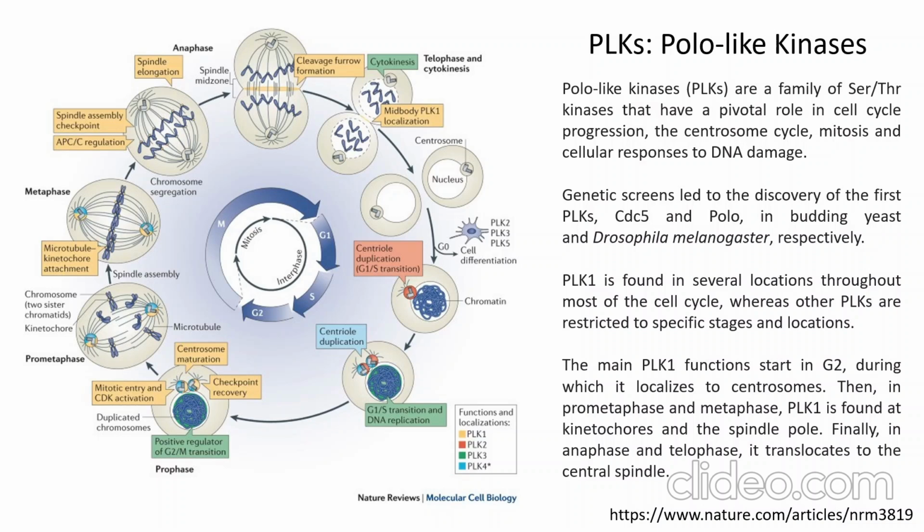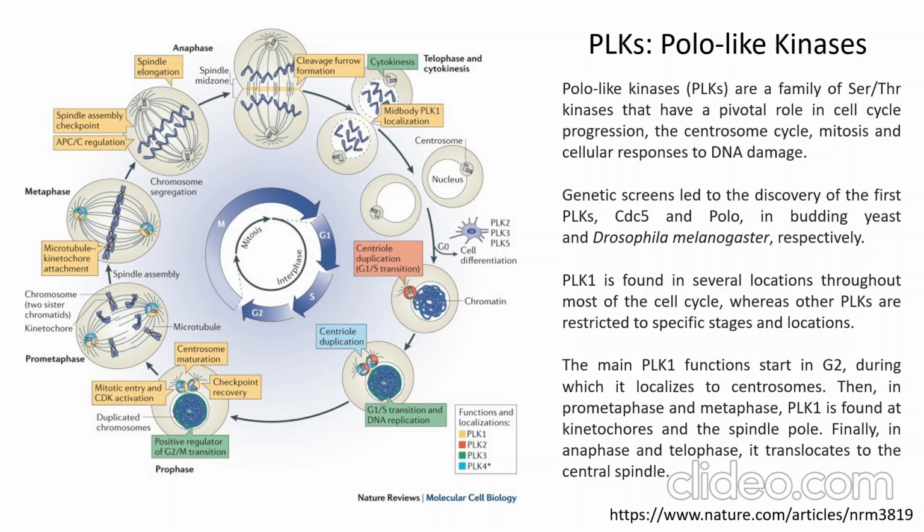PLKs are polo-like kinases, and they're called polo-like because they have this domain that comes from this polo box. Essentially, it was something that was discovered earlier in, I think, Drosophila. They are a family of serine threonine kinases that have a very important role in the cell cycle